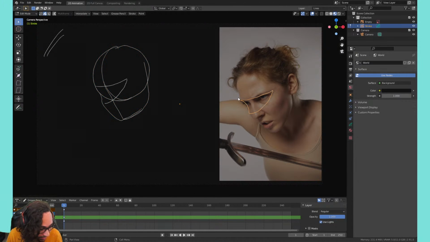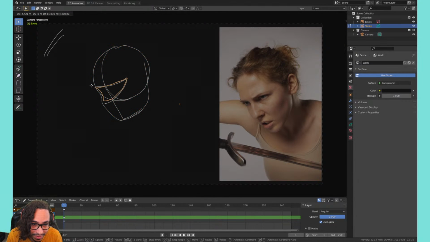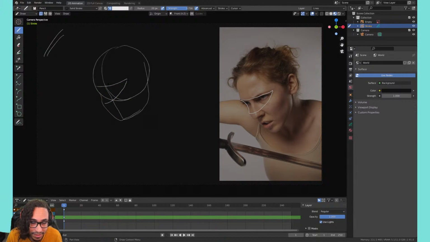Let's just see what this looks like overlaid. If I were to do this, I mean, it's almost there. I think it's just going up too high on the head. It should be more straight across. So let's continue